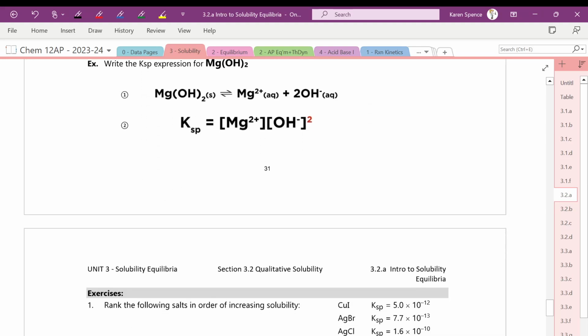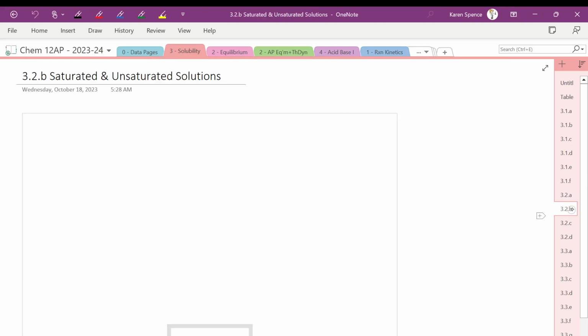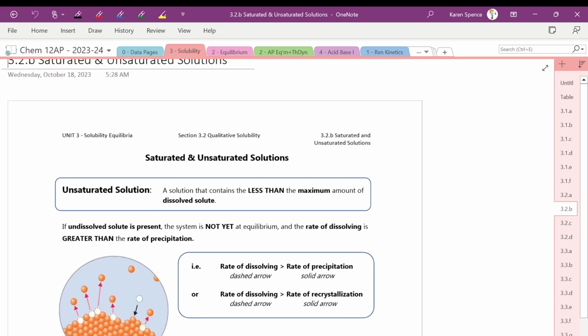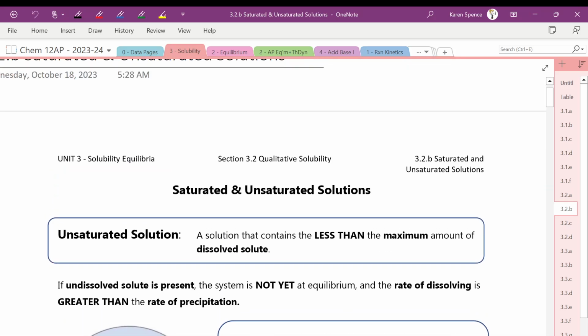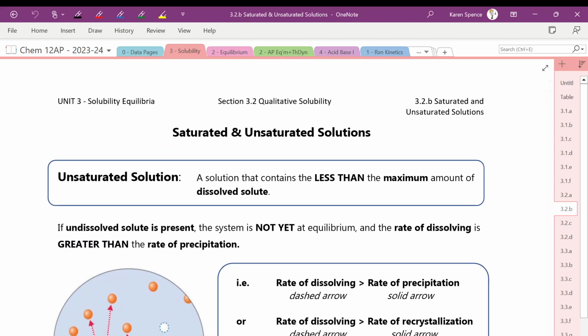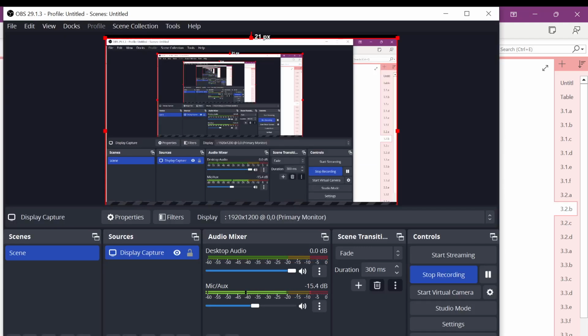Okay, nothing here that's new. 3.2b, saturated and unsaturated solutions. So this is now page 33. And in fact, you know what I'm going to do? I'm just going to start